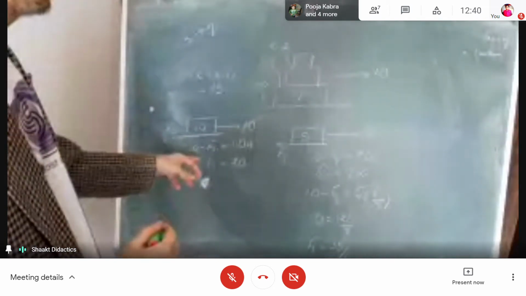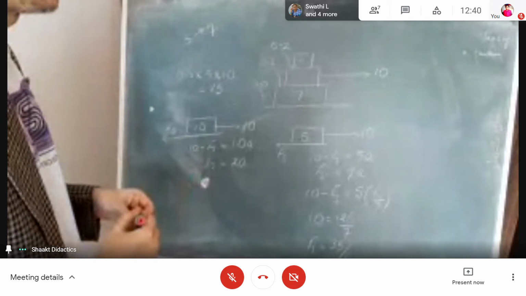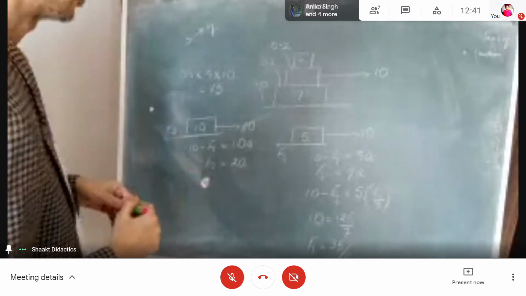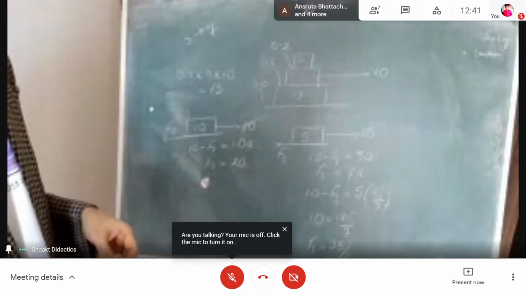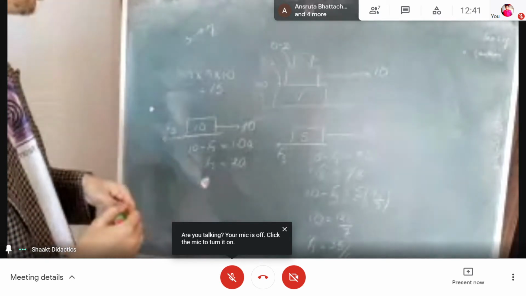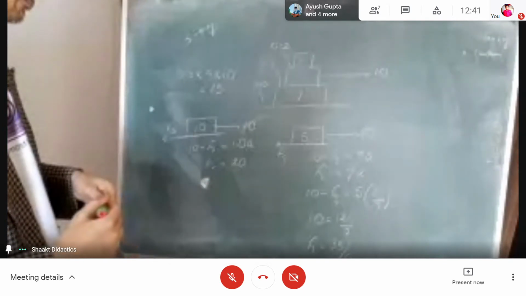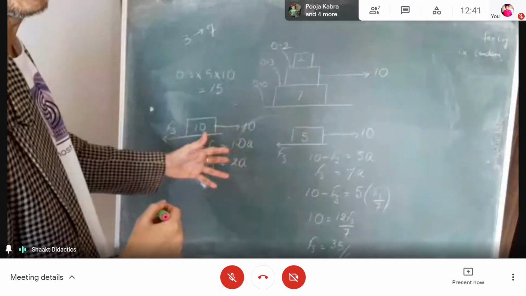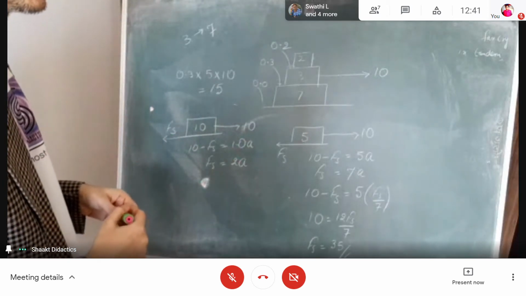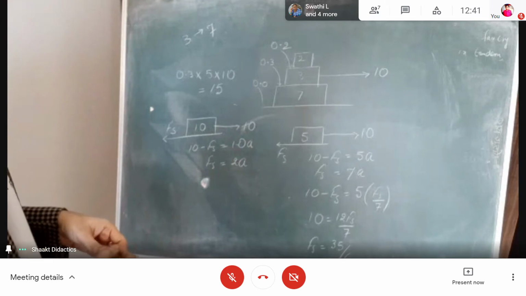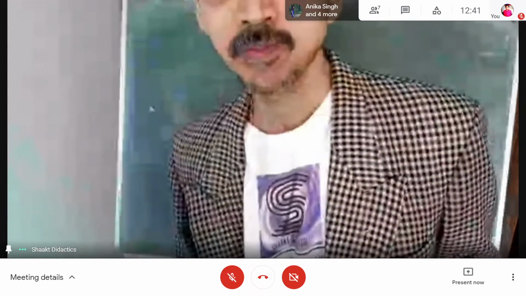Anshuta, after this, what will I do? So 10 minus Fs equals to 2 Fs by 10. What will I do is replace. I'll be executing mathematically. You can tell me in words. What shall I do? We shall add the equations. Add the equation. Idiot!